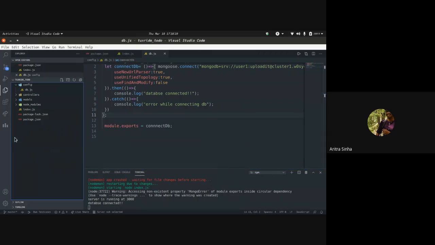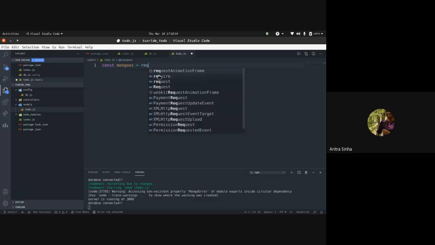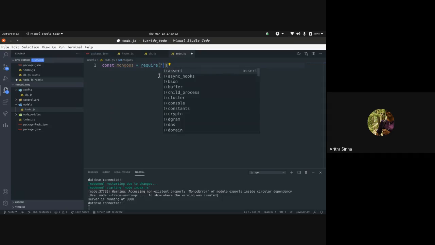Okay, now we'll try to design a few models. A model is basically the structure that we want when we store a thing in the database. Let's say we store a to-do in the database, we want it to be in a specific structure, right? So that when we retrieve it, we don't have any kind of confusion. So basically some homogeneity is maintained throughout the database. A schema is basically a structure in which we are storing the values.